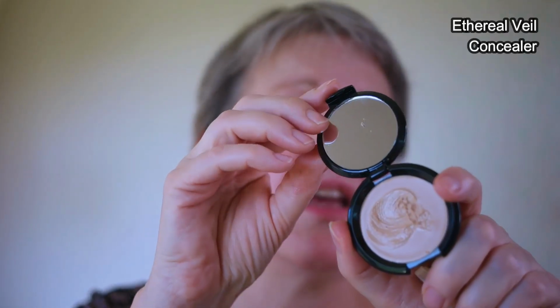The next product, which I have used many times over the last year or two, is the Ethereal Veil Conceal and Cover, which used to be their only foundation product. So this comes in a little compact, and I have this shade Metis, which apparently has been changed to the name Daphnis, but it seems to be the same. I also have a couple of other shades, so I will go ahead and just swatch those on